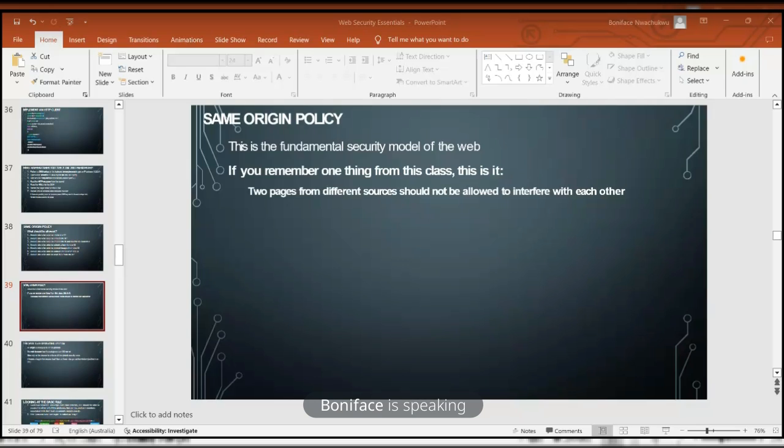Now, the same origin policy ensures that a malicious script from, let me say, one crazy website, let's say http://funnybadwebsite.com,